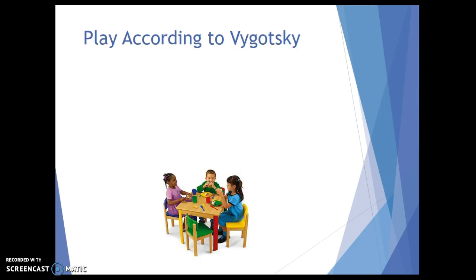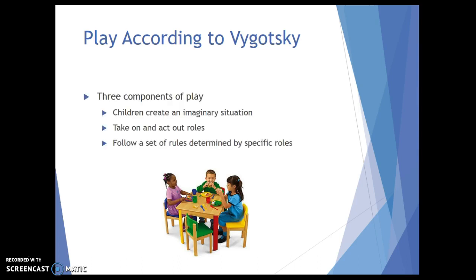The third framework is a Vygotskian framework, so back to Vygotsky. So instead of the zone of proximal development, we're going to talk about what he thought about stages of play. And remember, Vygotskian perspective is social and cognitive. So he thought there were 3 main components of play. That children create imaginary situations, they take on roles and then they act them out, and then they follow rules